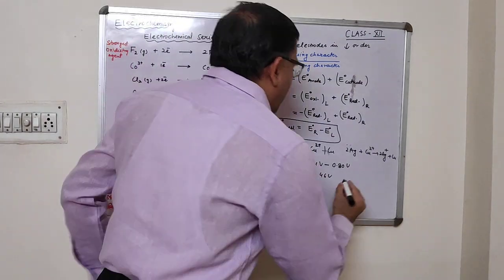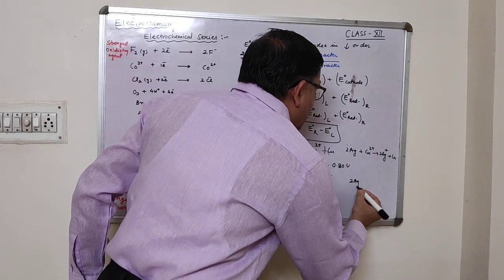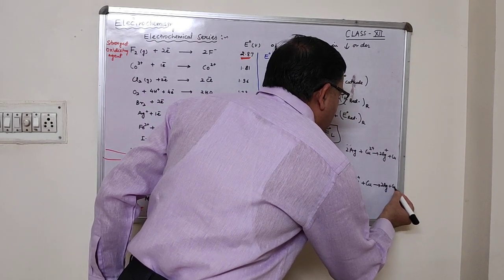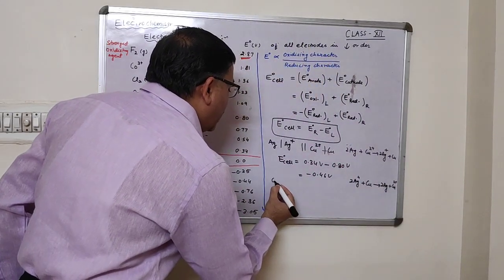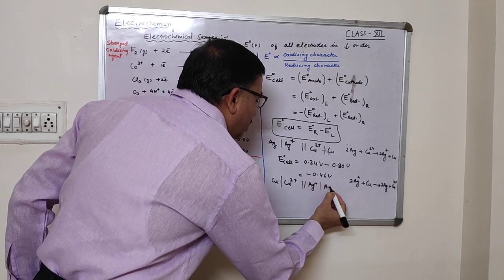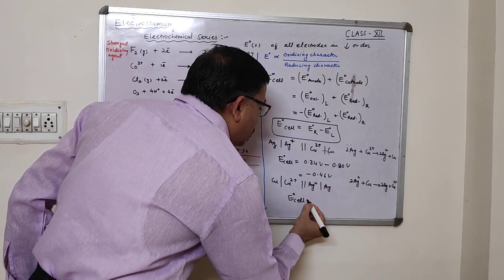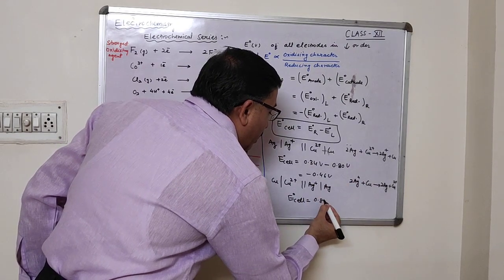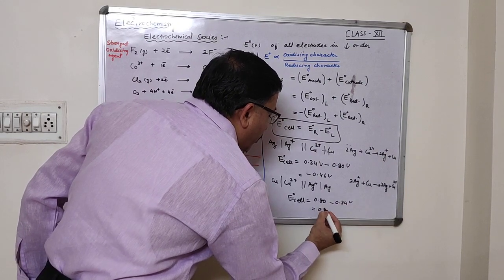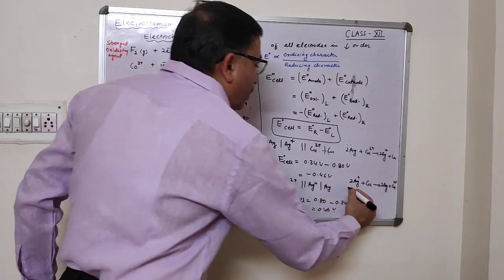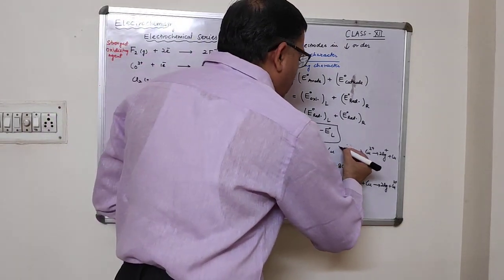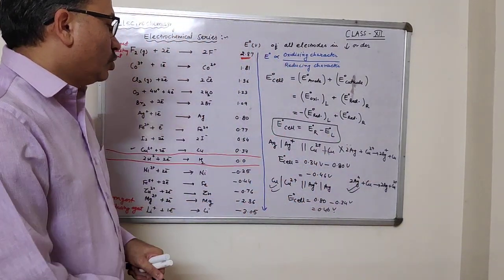It should be like this, twice Ag plus Cu converts into twice Ag plus Cu2 plus, or our cell will be converted like this, Cu to Cu2 plus, Ag plus to Ag. When I determine E naught cell in this situation, it will be 0.80 right side minus 0.34 volt, or it is 0.46 volt, means this particular reaction is thermodynamically spontaneous. The earlier particular reaction is thermodynamically non-spontaneous.